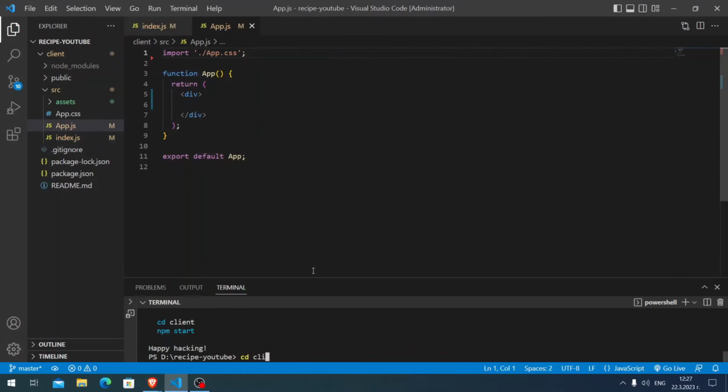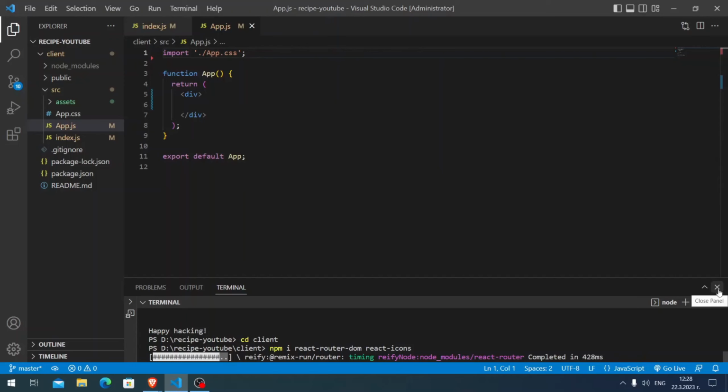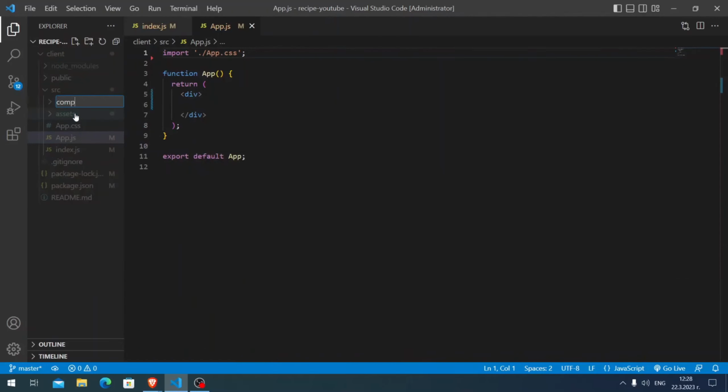I think that we should install two of our dependencies. So here cd client and here npm i react-router-dom and react-icons. Those will be the only two dependencies that we're going to need for this application. So click enter, and while they are installing, I'm going to make here a components folder, and